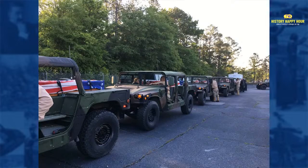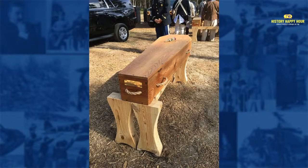But here you see, this picture is of volunteers in military Humvees. Every individual was put in a pine coffin, made by a craftsman using 200-year pine. They forged the nails, so the appropriate nails for the period. This gentleman here is the Highlander. You can see the thistle on him. And they were taken from the Richland County Coroner's Office on those Humvees through